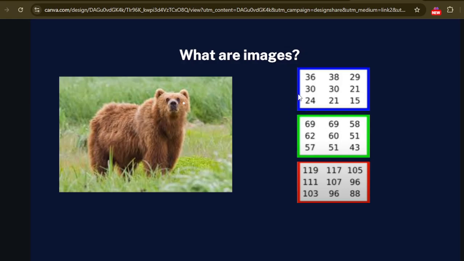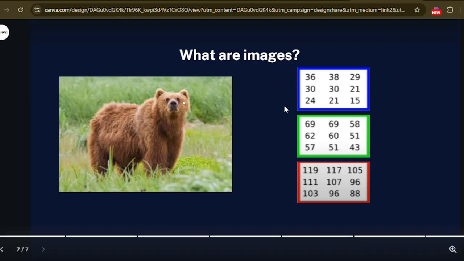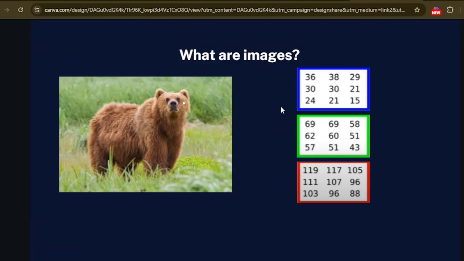As we can see, the blue channel has lower values as compared to the red channel. This means that the red color is more dominant over here as compared to the blue. The portion that we have enlarged is a combination of all these 3 channel values. But if it was a black and white image, we would only have 0 or 1 pixel values over here, or we would have 0 or 255 values here.